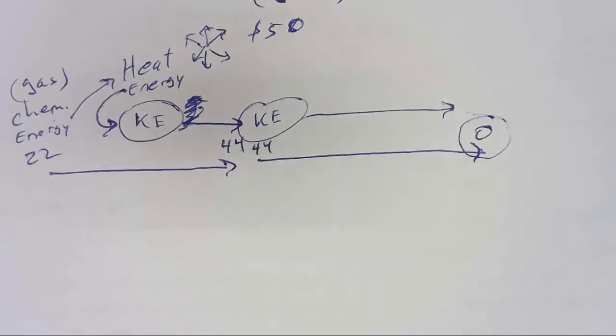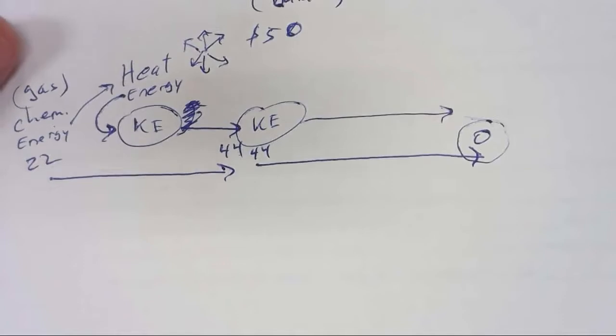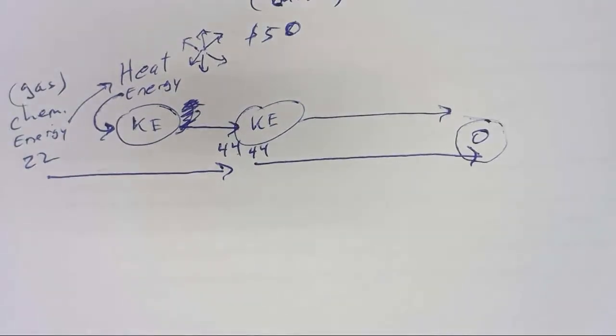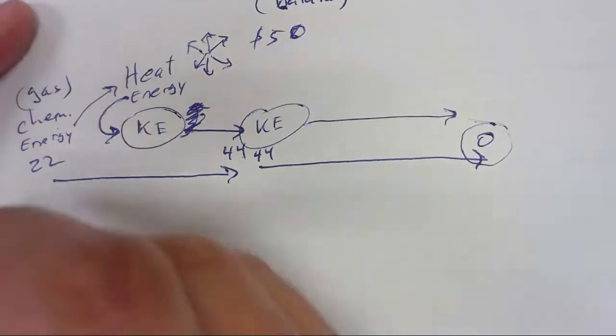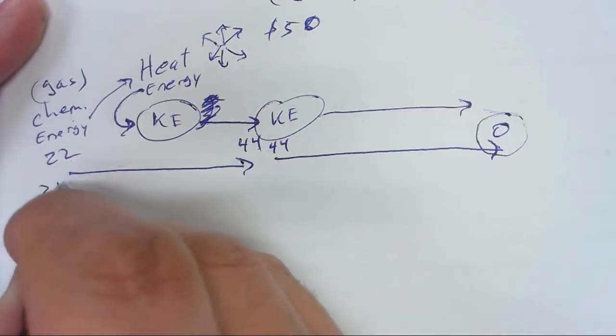As we continue our discussion of the work energy theorem, the next part of this is called work done by friction. Friction is a different animal. So let's go back to the problem with the car that we did in a two-step process. So we said at the beginning right here, we had